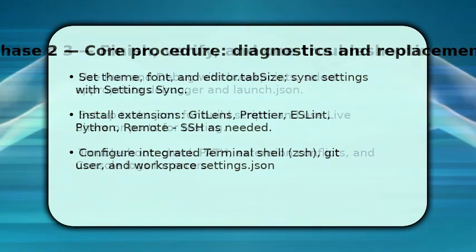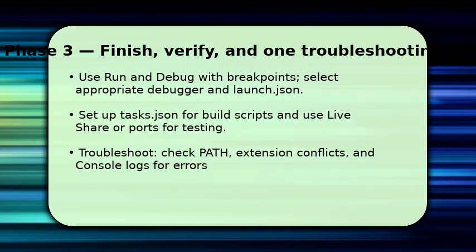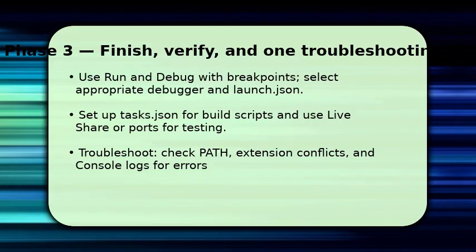Finish by building and debugging your app. Open Run and Debug, set breakpoints, and choose the right debugger. Create a launch.json to persist settings. Add tasks.json for build or test scripts so one command runs your pipeline, and forward ports or use Live